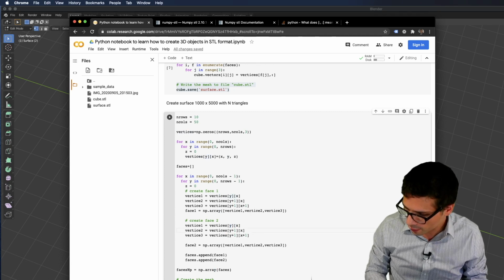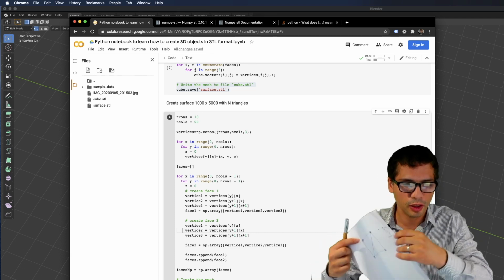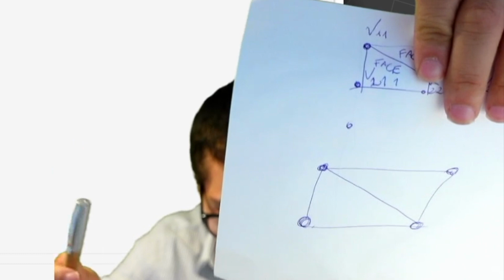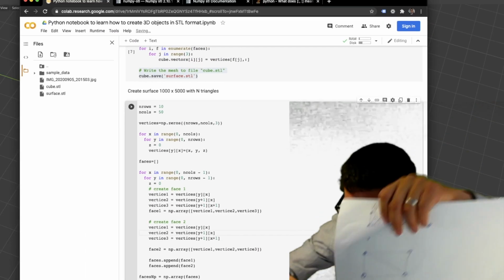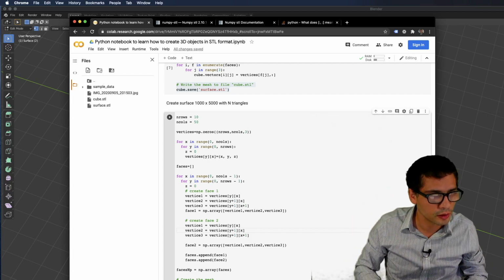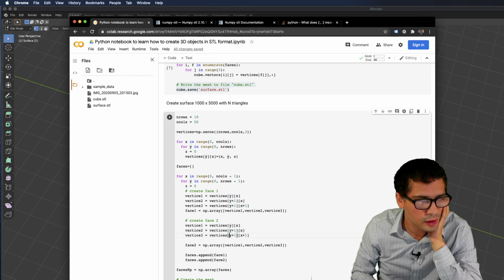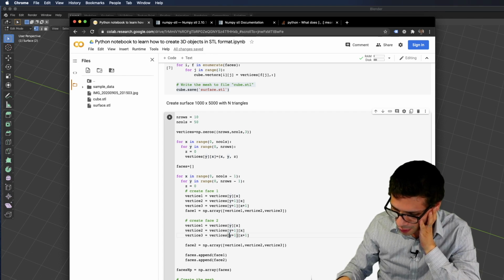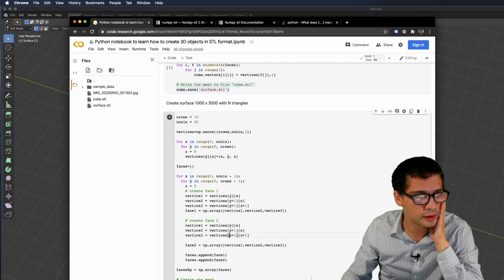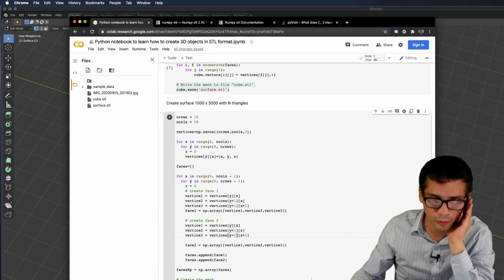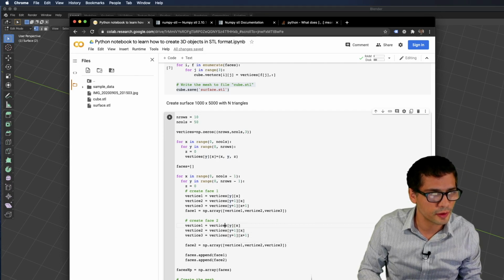So I can leave the first vertex the same. The second vertex is going to be below. So it's going to be y plus 1 and x is the same. Did I? No, that's the one I already defined. So x plus 1 is not, yeah, it's already there. X plus 1 and 0 and y. Okay. First vertex is the same.